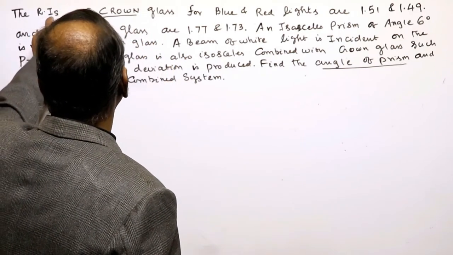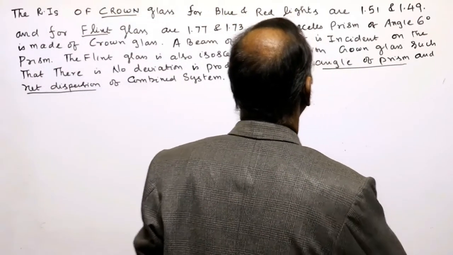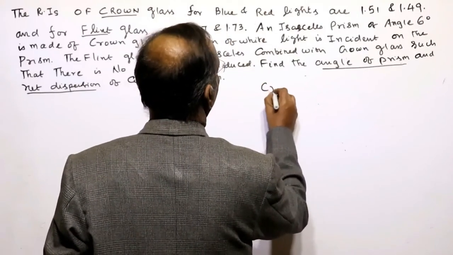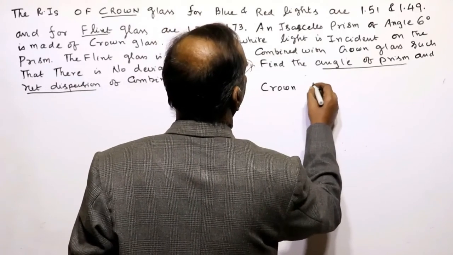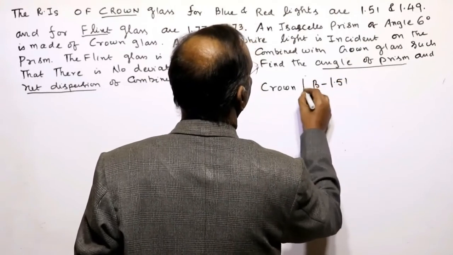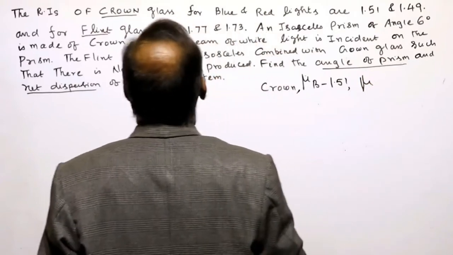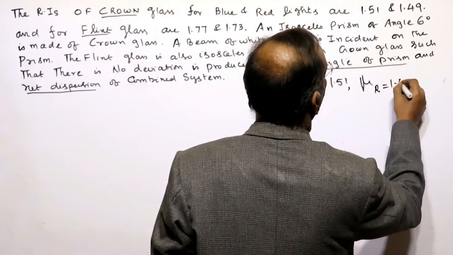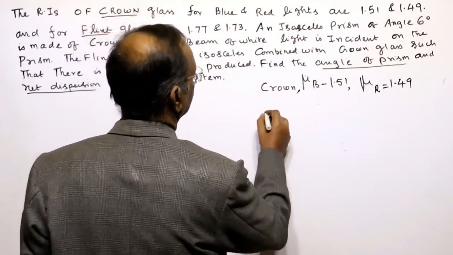The refractive indices of crown glass for blue and red light are given as 1.51 and 1.49. That is crown glass: refractive index for blue is 1.51 and refractive index for red light is 1.49, given. And for the flint glass,